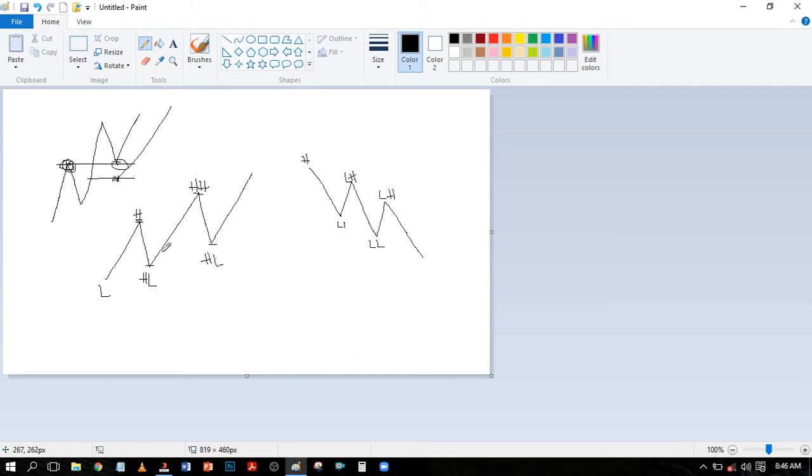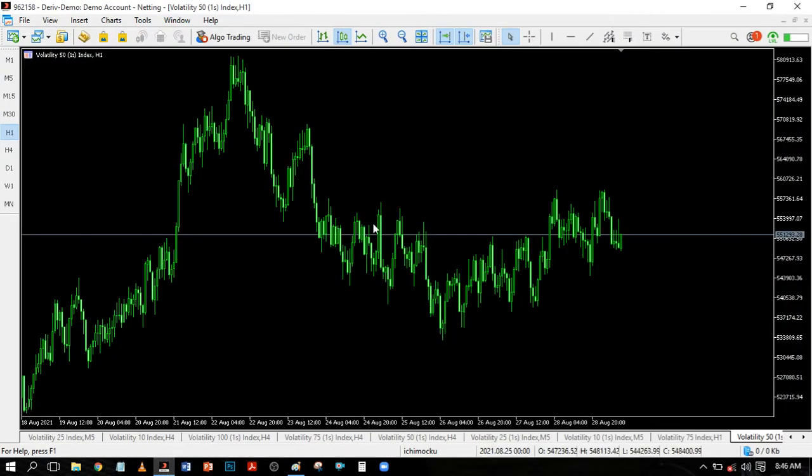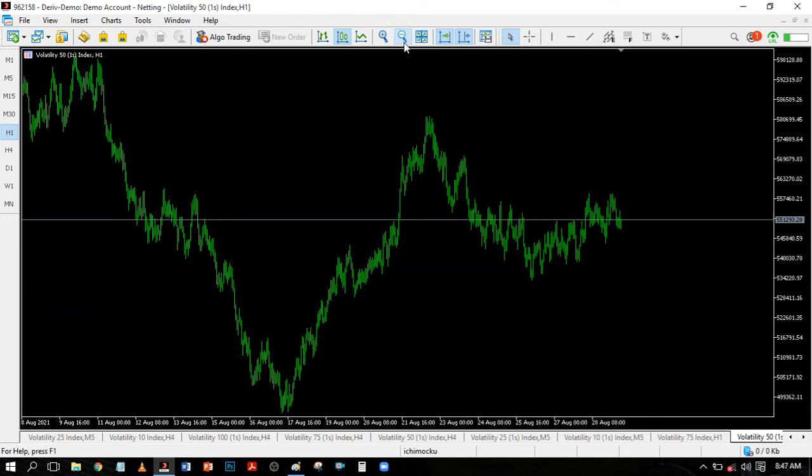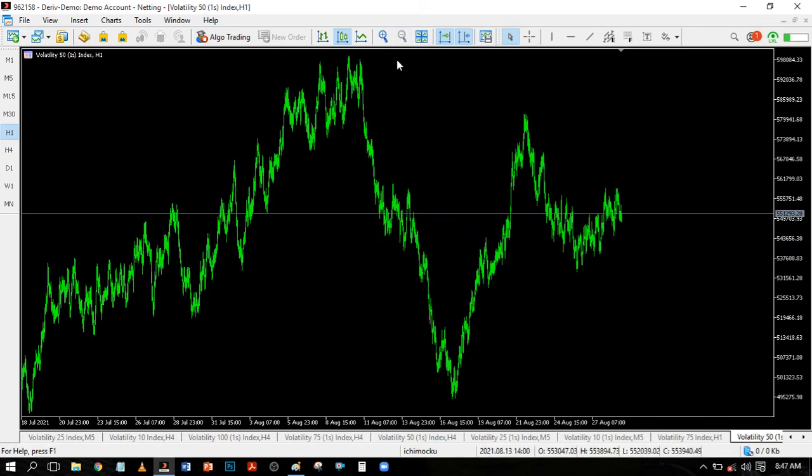So you can see that even from my diagram, I didn't make it stop here, and it's for a reason, basically because of my personal experience. So quickly, let's jump to my chart so you understand what I'm saying. Now this is a naked chart, and you would think, okay, what is the overall trend of this market?